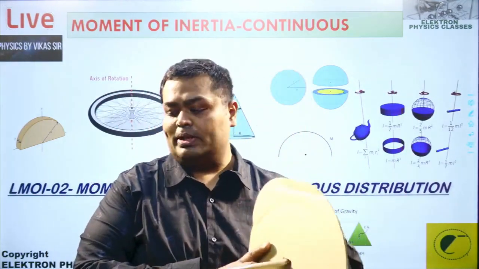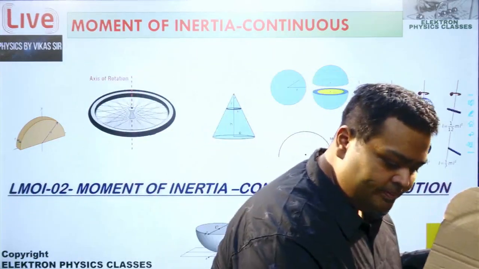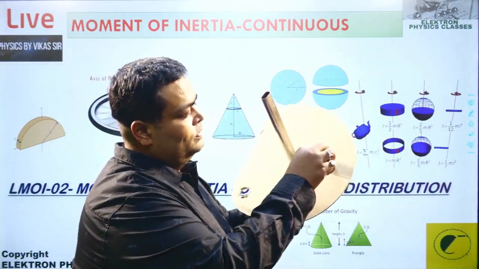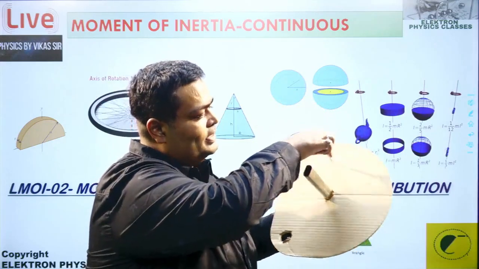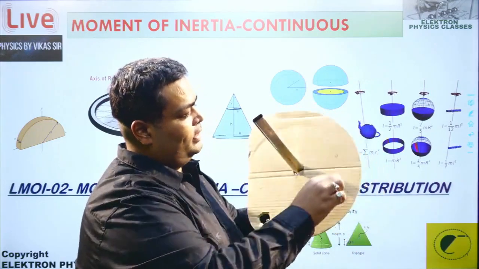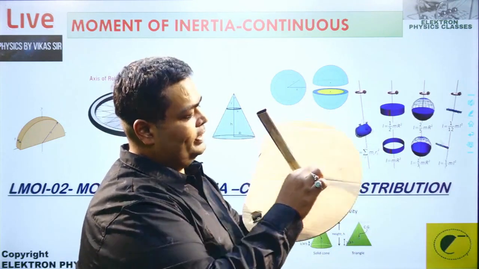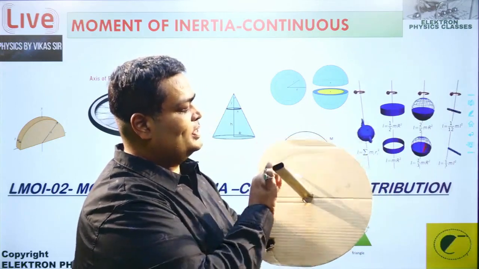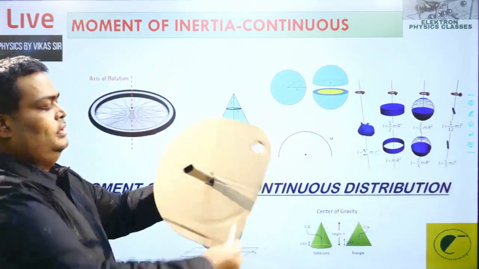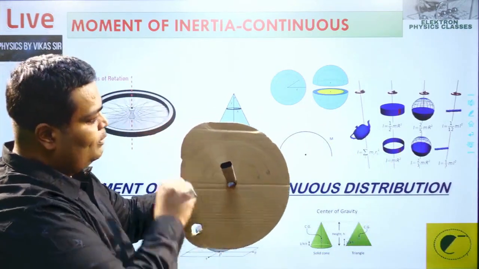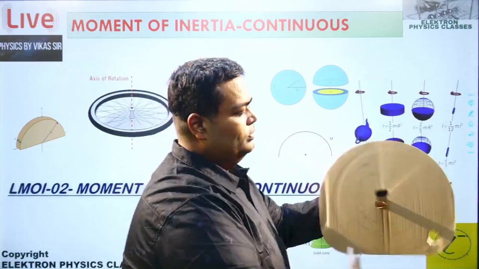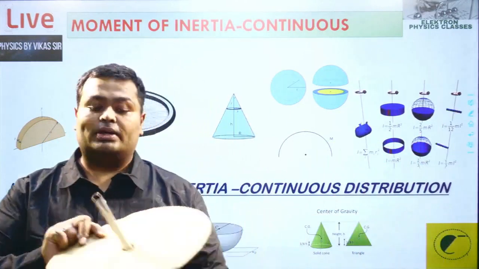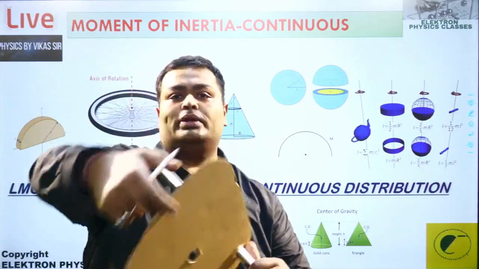So there are so many particles. Let's mark the particles. Say this can be a particle. It's moving around this, in this circle. This can be another particle, moving around in the shorter circle, but in the same plane. They move in the same plane with a different radius about its axis. Which axis? Centroidal.